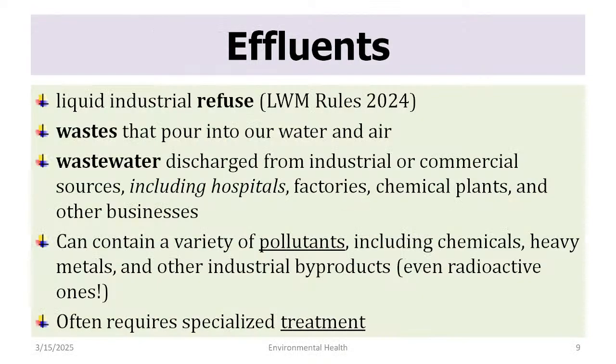Next we come to effluents. Effluent is anything which comes out of industries. So it is a waste or refuse which is coming out of industry as per the rules which we have, by now, will become operational in 2025, this year in October. And some of the books or other reports have these definitions for effluent. So things which are poured into water or air, even that is effluent. Wastewater, that is an effluent. It may contain a variety of pollutants, or it needs treatment before being discharged into either water or air, right?